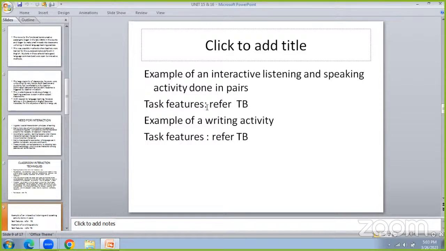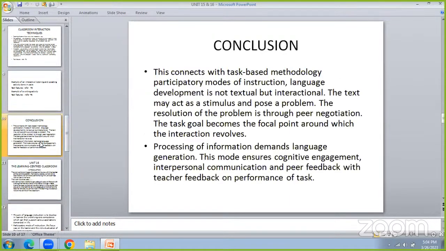And then there is one more task, an example of a writing activity, and the task features are also given at the end of the lesson. Engagement with the authentic problem, urgency of communication, audience analysis, genre features, tone, politeness and persuasion, discussion by group members, and then feedback from peers and teachers. So these are the 3 activities given as examples, as illustrations, so that the teacher can utilize the help of these exercises in their classroom situations. That's one thing. So this is how we can improve the communication skills of the learners